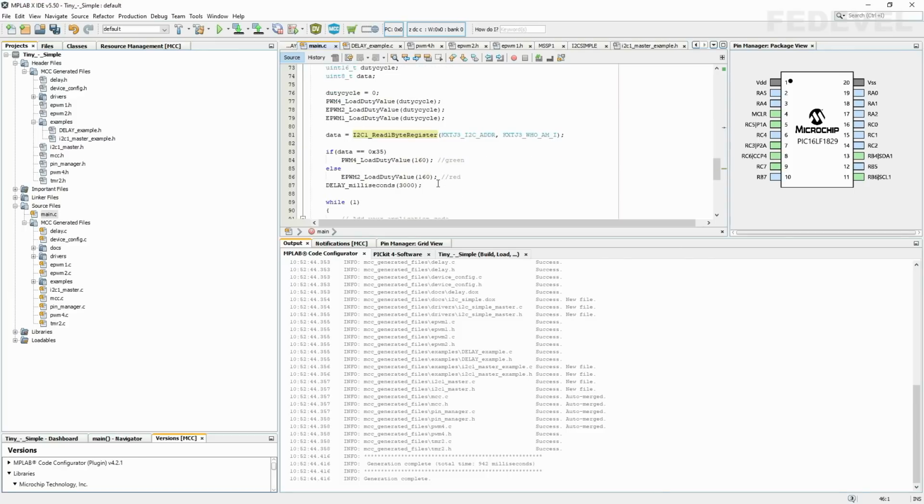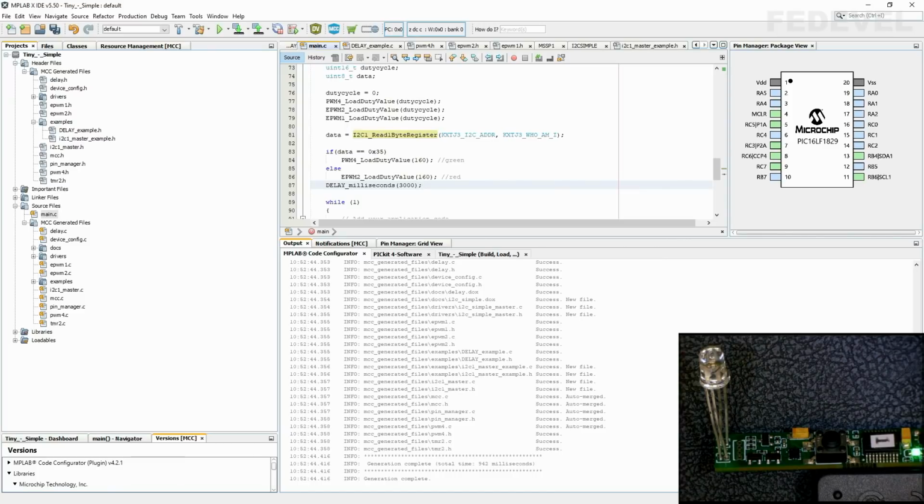I think we are ready, or at least I hope we are ready. Let's see what will happen when we compile and when we run this. Watch the LED. If we are able to communicate with the accelerometer, then when we upload the new firmware, the LED should be green, and it should stay green for 3 seconds.